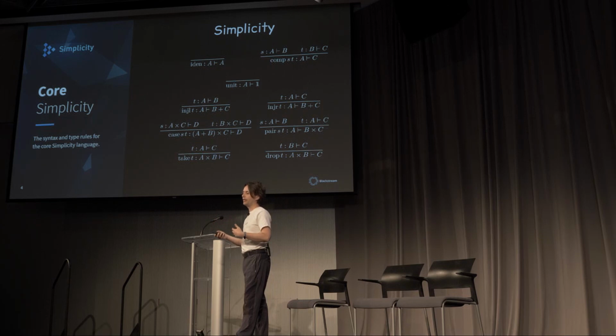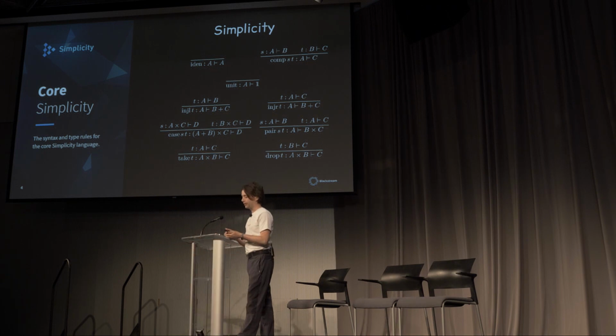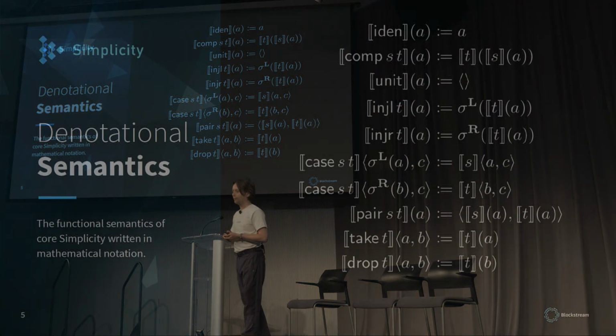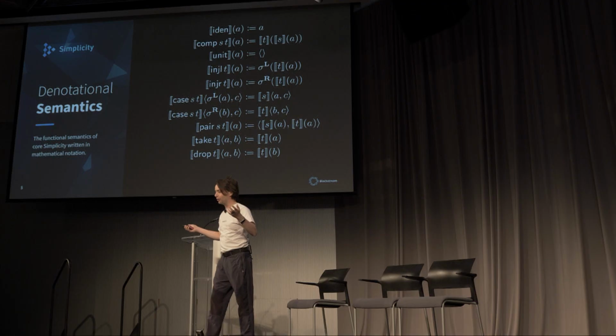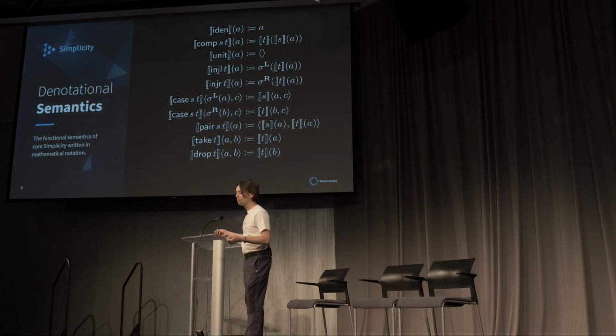And so this is the syntax of the simplicity core language. There's the part that does the computation, and the transaction introspection commands are extra sort of blockchain-specific combinators that go in addition to this core computational language. And so that will give you access to the transaction data to read from and produce SIG hashes. This is the formal functional semantics of the simplicity language. And I don't expect you to read this necessarily, but the idea is that it's very short, and I made this joke about fitting it on a t-shirt before, and so now I have to go around with my t-shirt on, showing that that in fact is true.